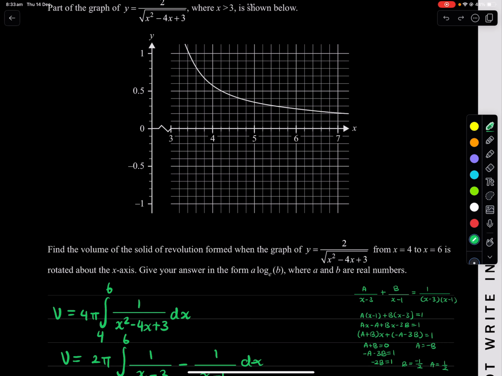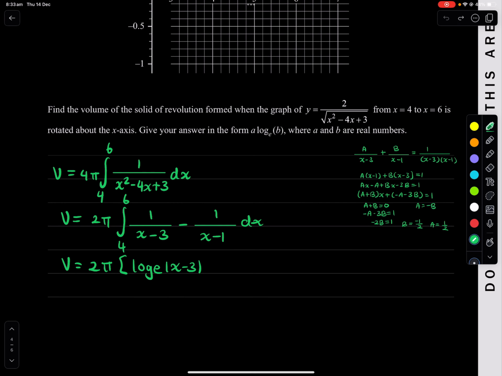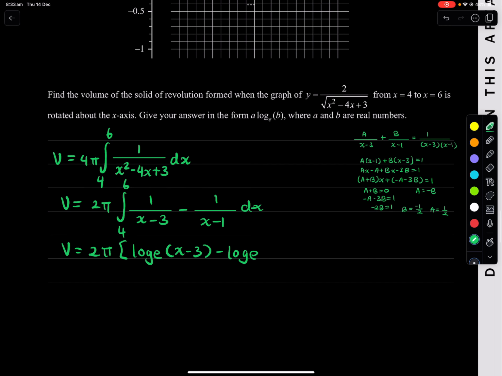For example, if x is greater than 3, think of like the number 4. That's greater than 3. And if we sub in here, like 4 minus 3, it's always going to be greater than 0. Hence, we don't actually need those absolute values. So just write it as x minus 3, minus log e. Also, when you put absolute value x minus 1, we don't need them. X minus 1